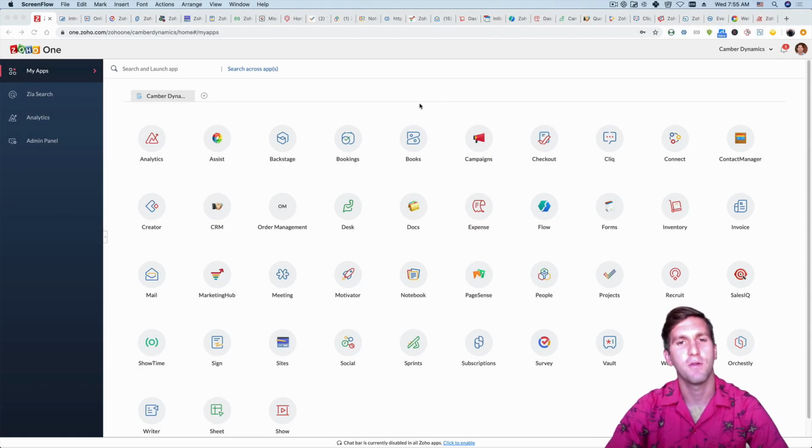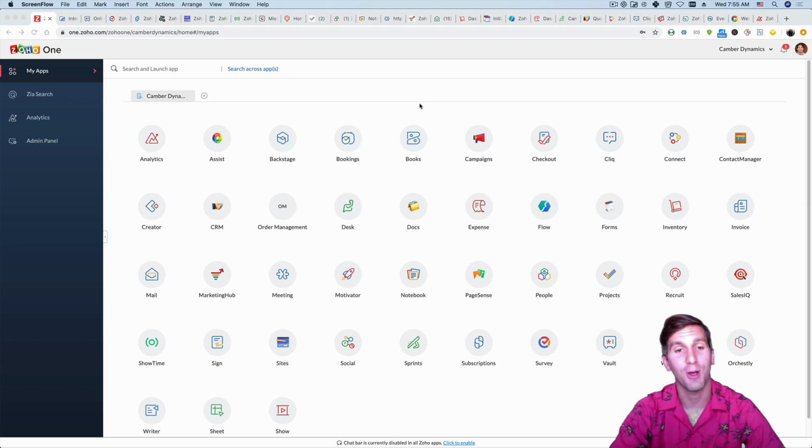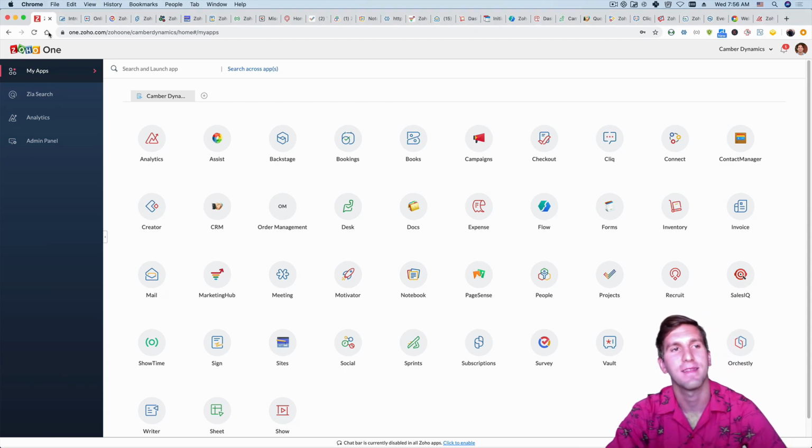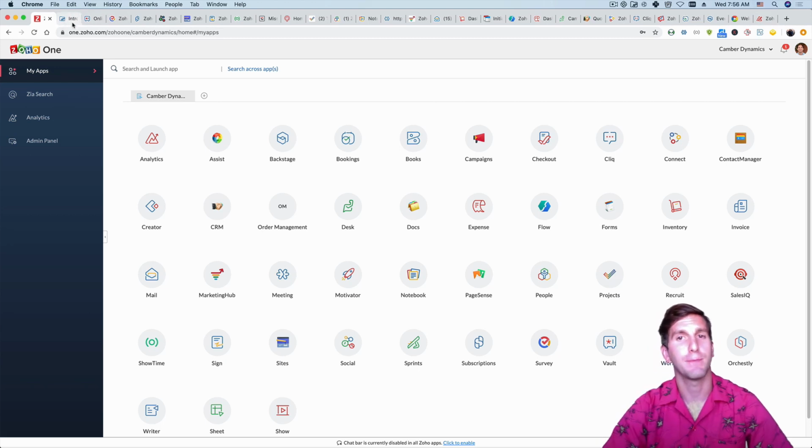All right, it's time for the shock and awe strategy. I want you to just take a look at all these icons. These are all of the apps that you will have access to when you use Zoho One. You get them all at enterprise level access. Look at this, the mother of all Google Chrome windows. I've opened up 80% or so of the apps in these tabs, and I want to just walk you through